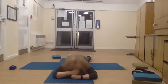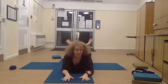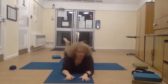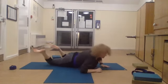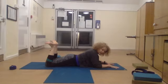Rest for a minute. If that felt too strong, you can bring the feet up and have them behind you and arch the back. So you're in the sort of version of state, yeah? If that felt too strong on that. So we haven't done a lot to warm up the back. So if that felt too strong, please go with this version. Otherwise,